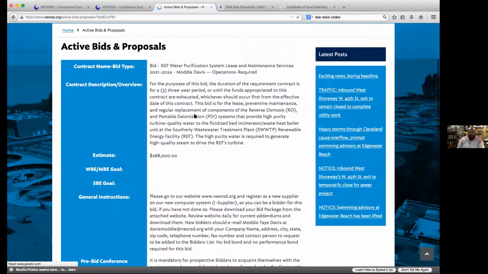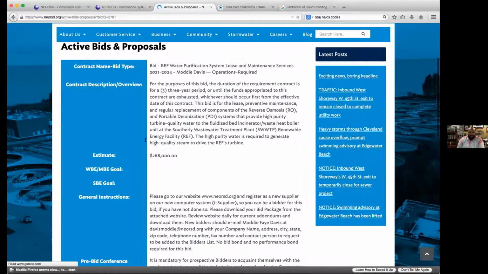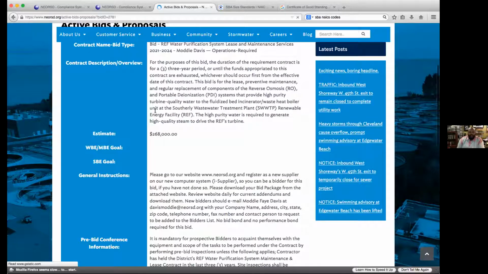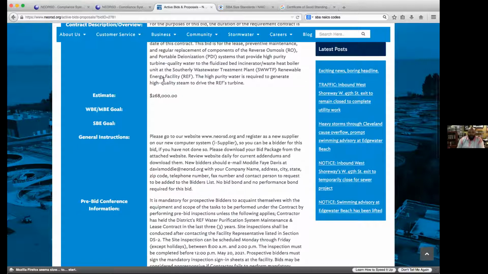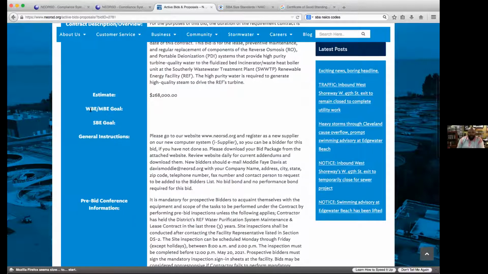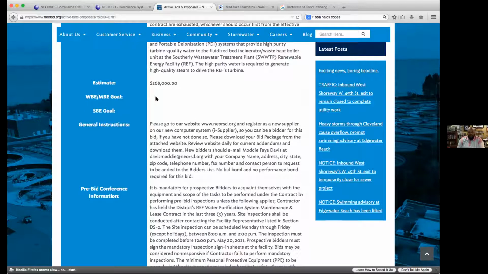All right. It'll tell you what the estimated cost of that particular project is going to be. And then here you got WBE, MBE goal, and SBE goal. These goals are set based on the availability of a certified WBE or MBE and SBE. So for this particular project, no goal was set,